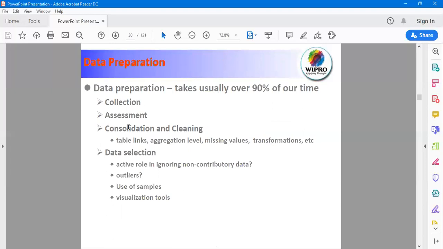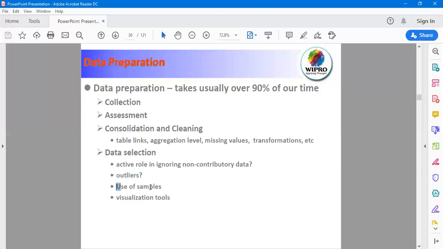So in the cleaning process, you try to even reduce your data as said earlier. So you can take an active role in ignoring non-contributing data. As said earlier, you can just ignore the two-wheelers if you're concentrating only on cars. You have to handle the outliers so that your data is reduced if they are of no use, because sometimes outliers are definitely not part of any cluster, and if you don't handle them, they will come into your prediction model and increase your ambiguity.